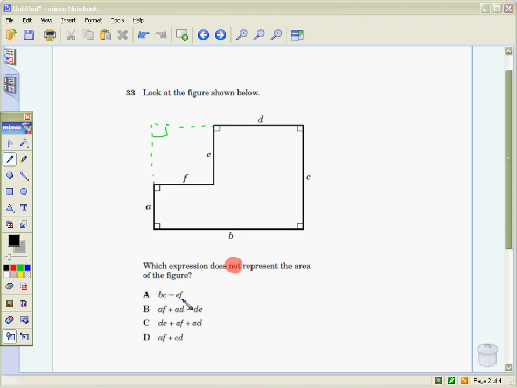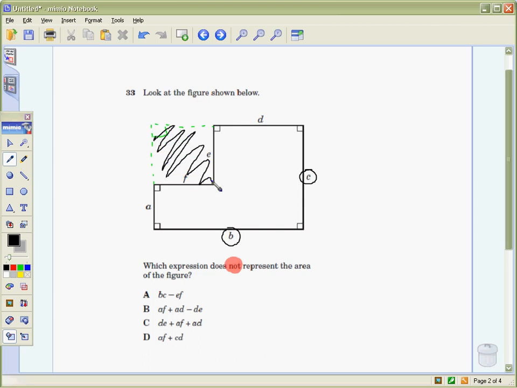So A says BC minus EF. If I multiply B times C, that gives me the area of the whole thing here, which I've created with this green dotted line and the rest of the rectangle. So that's the whole area, and we subtract out EF. E times F represents this square that's going to be subtracted away, so we really got lucky here. A is definitely